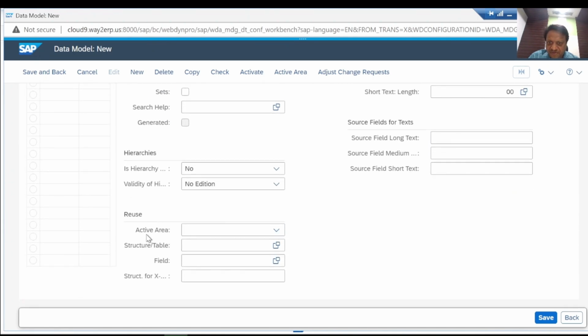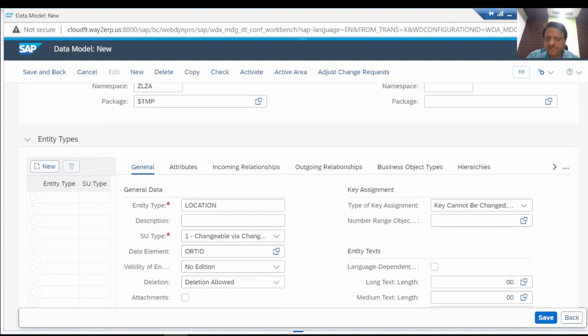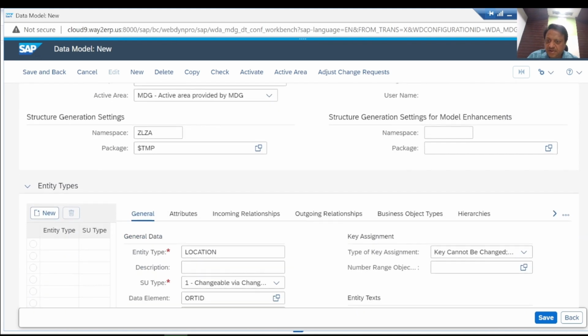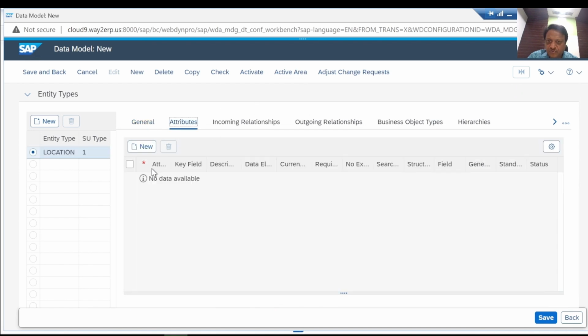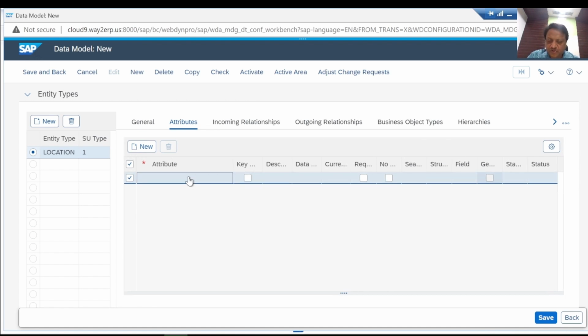We don't need to define the active area at the level of entity type because we have already defined this in the data model. Now let's click on the second tab. Let's go to the attribute and quickly define some generic attributes for the entity type location. So let's say a location will require an address attribute like city, and we know that